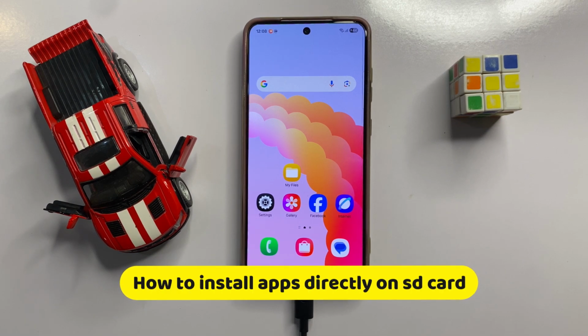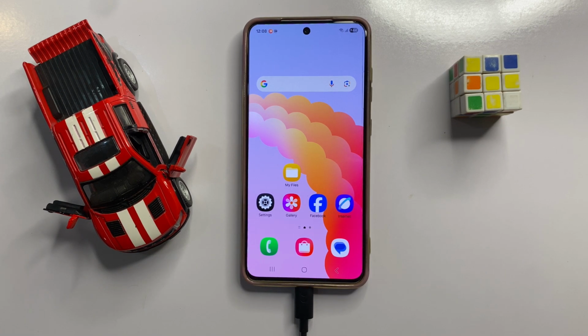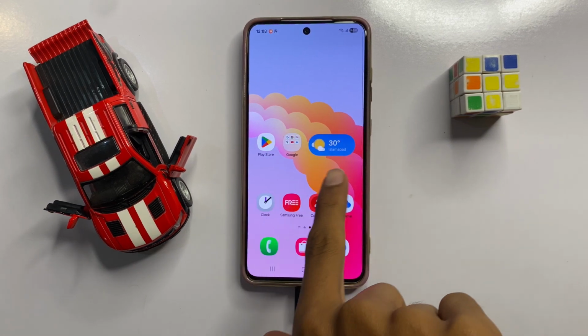How to install apps directly on SD card in Samsung mobile phones. So let's start the video. First of all,